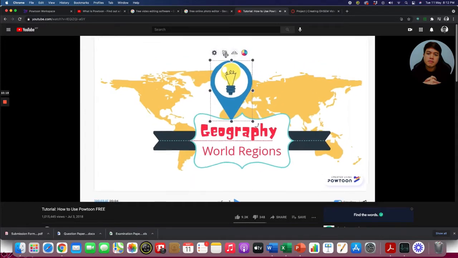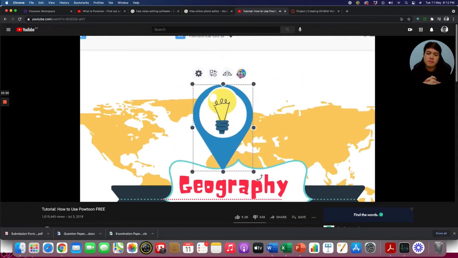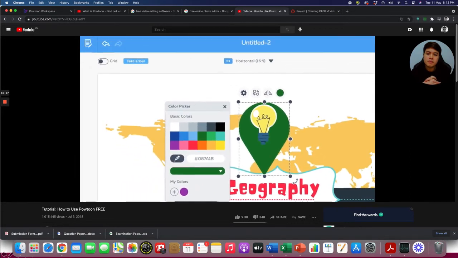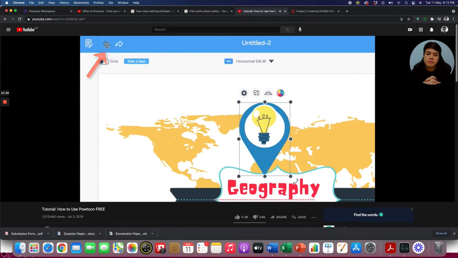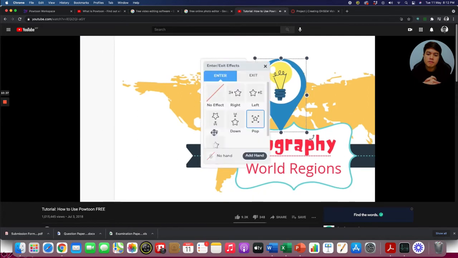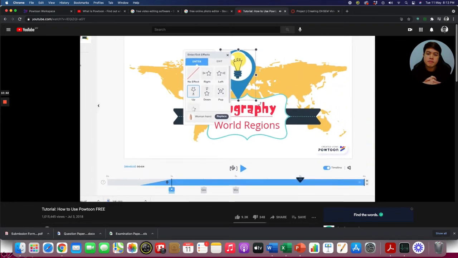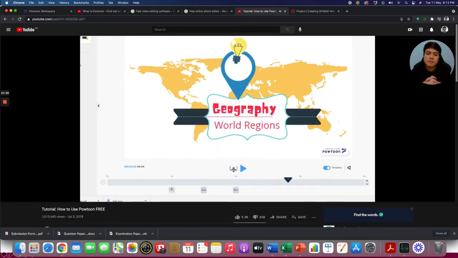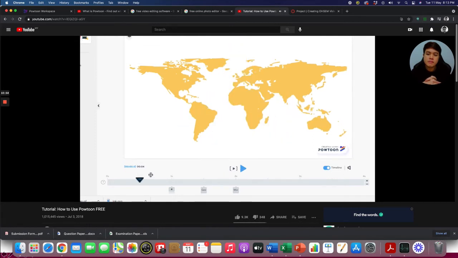Similarly, if you click on a non-text item, you'll be able to flip your graphic, change it out for something else, or adjust its colors. And if you make a change you don't like, just use the undo button. The settings icon brings up more options, and I'll similarly adjust this item's entrance effect to come up from the bottom of the slide, and I'll add a hand to accompany its entrance. To preview your changes, click Play Slide,